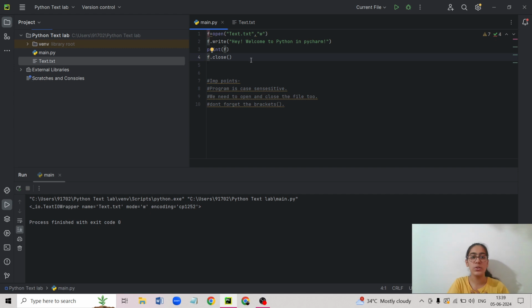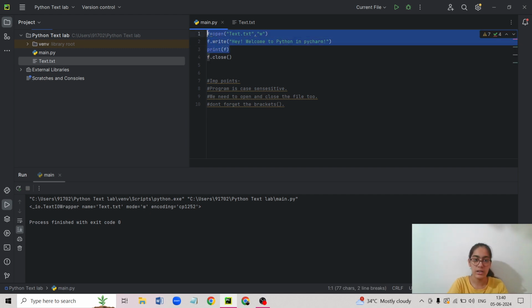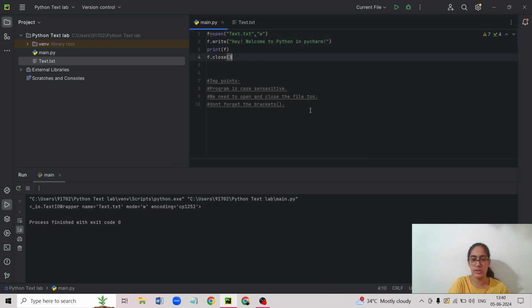So next I'm going to show you a read-only file. Okay, let us copy this. Before we go there, let's see another very important point which I just remembered. Don't forget the W. So you see over here I wrote a W which stands for write. Let's say we write an R. R is for read only.